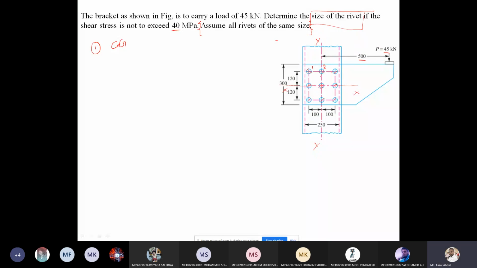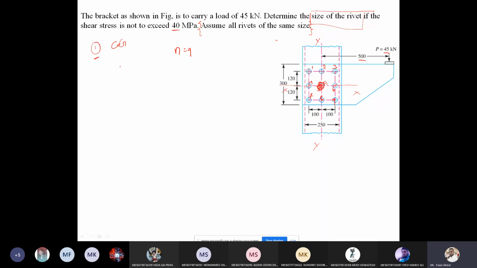If you see about the y axis, both sides have the same number of rivets, the same size of rivets and the same distance. If you see about the x axis, it is the same. It means it is totally symmetrical. So that's the reason the center of gravity for the system lies at the center. One, two, three, fourth rivet, fifth rivet, sixth, seven, eight, nine. So total n number of rivets is nine. So the center of gravity will lie at the fifth rivet. So that is the first one. First point is over.